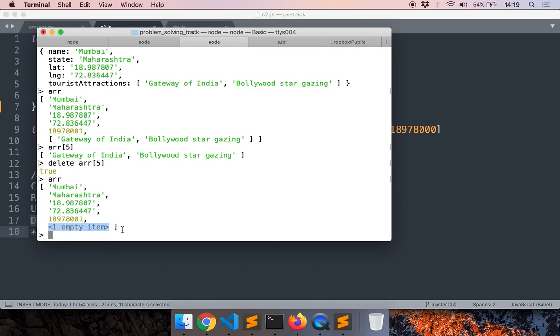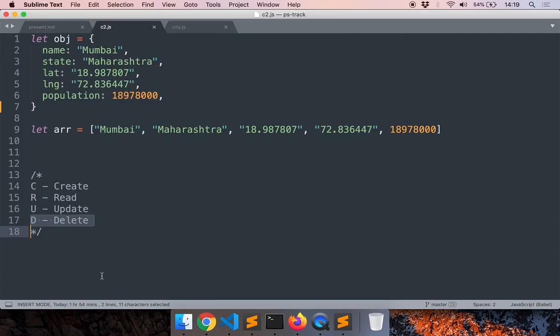So maybe now we can pause the video and think about why we use objects and when we use arrays. Did you get an idea? Okay, so objects are used when we want to store all the attributes belonging to a single entity as key value pairs. On the other hand, arrays are used to store a list of entities of a single type.